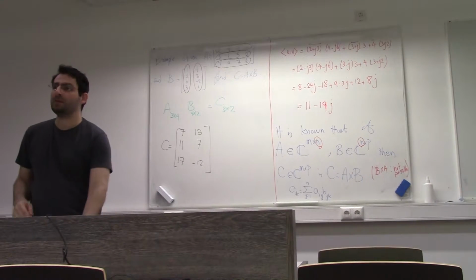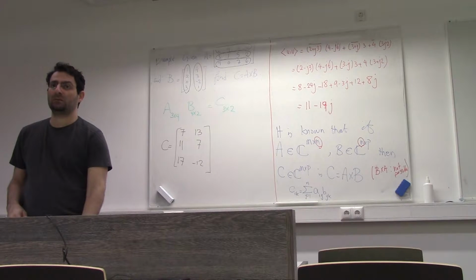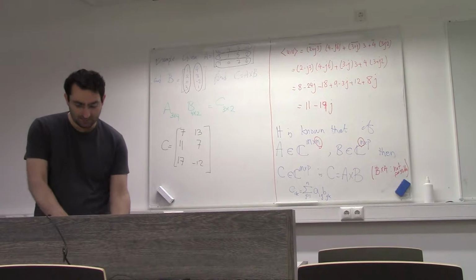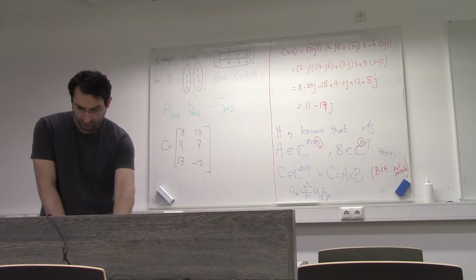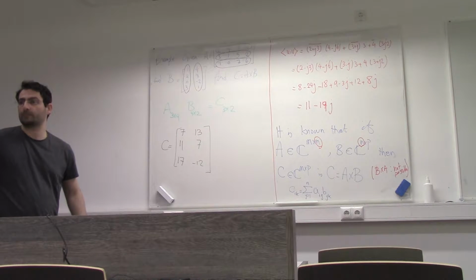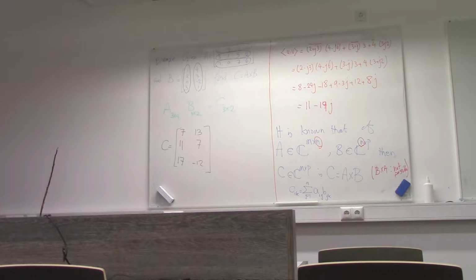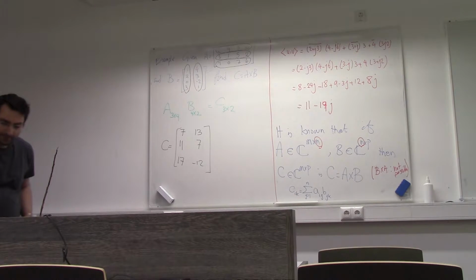So what is BA? What is the result of B multiplied by A? It's not possible. It is not possible. If we have